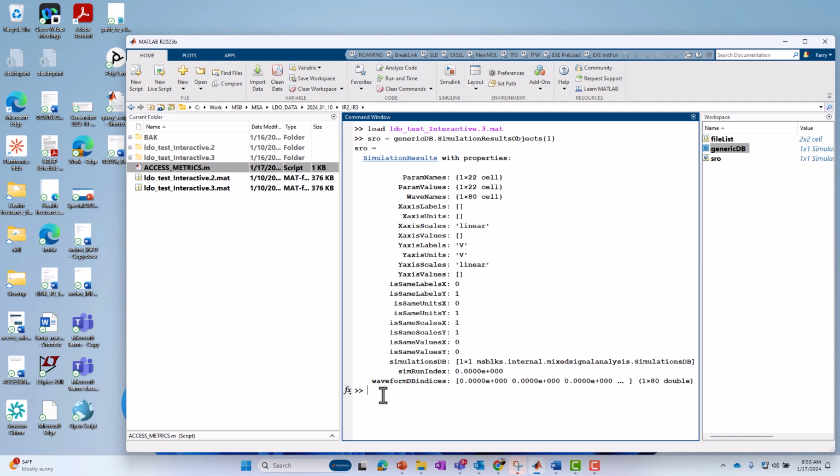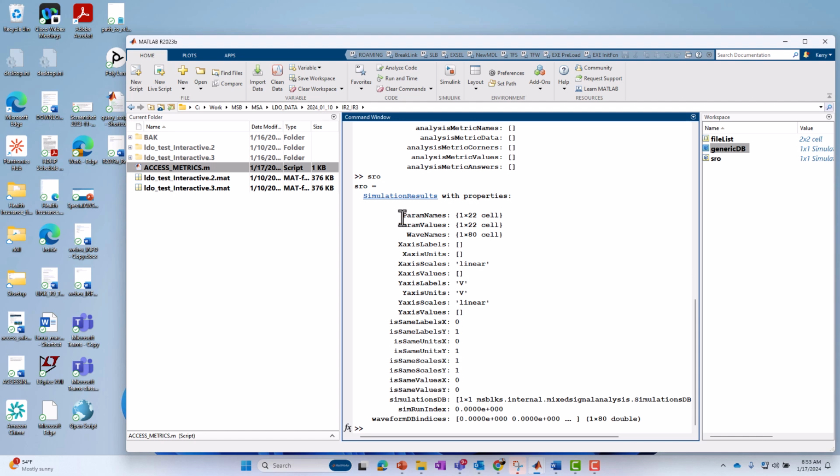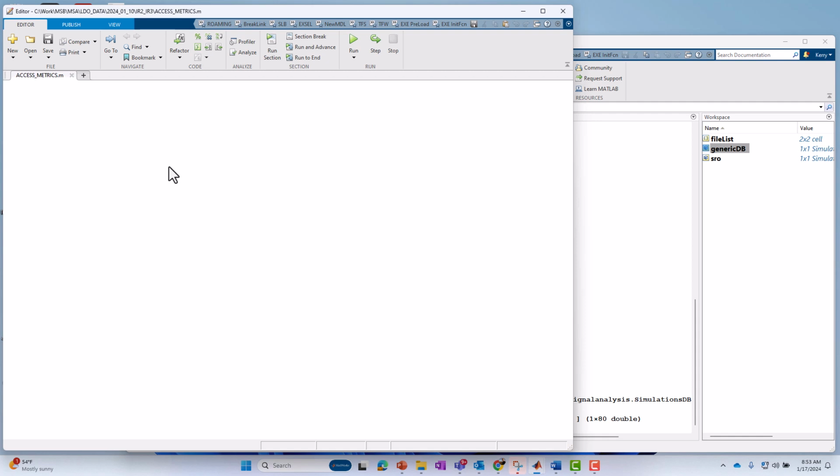If I just type generic DB, maybe I should just show you that. The one I'm most interested in is the simulation results objects, so I pulled that one out. I wasn't necessarily looking at the others right now. So I have SRO now. And the ones I'm most interested in are param names, param values, and that's what I had in my script earlier.